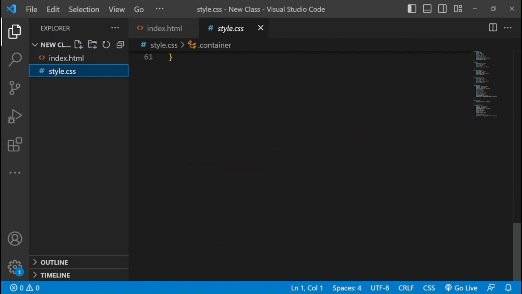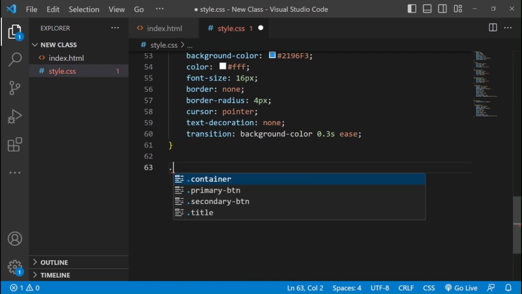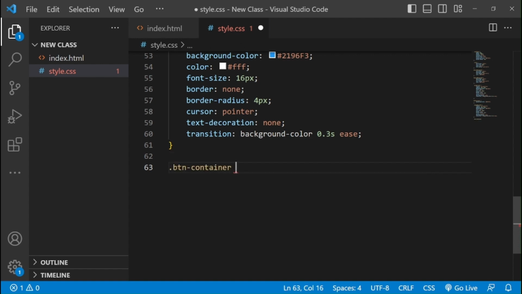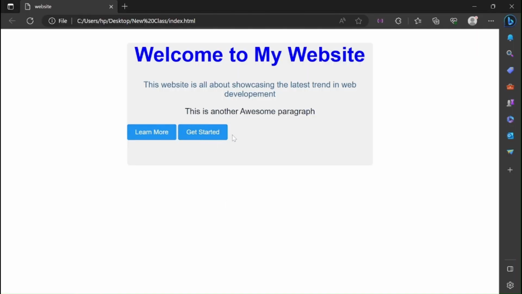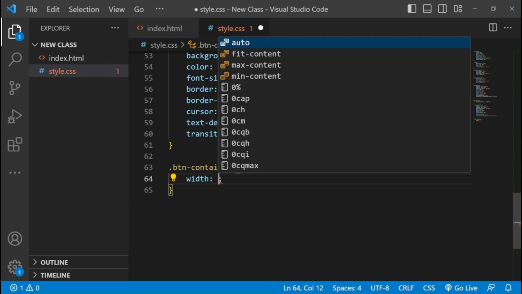Let's open up our style sheet and style it. Let's go to the button container, and since it's a class, we'll target it with a full stop like this, and open up a curly bracket. We are going to make these two buttons align in the middle, just like our text is in the middle of this container. That is why we are grouping them inside one div. To do that, let's give the container that contains our buttons a width